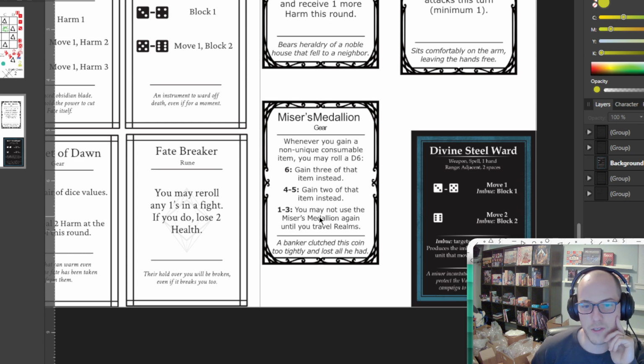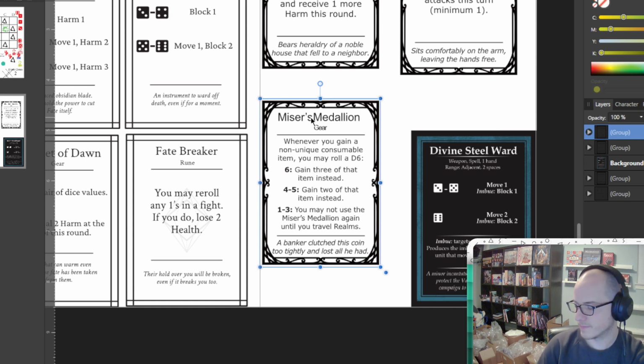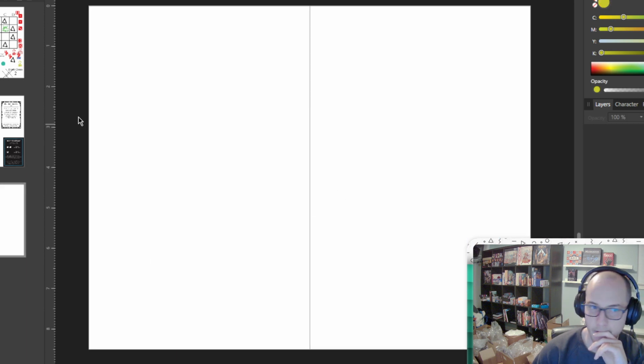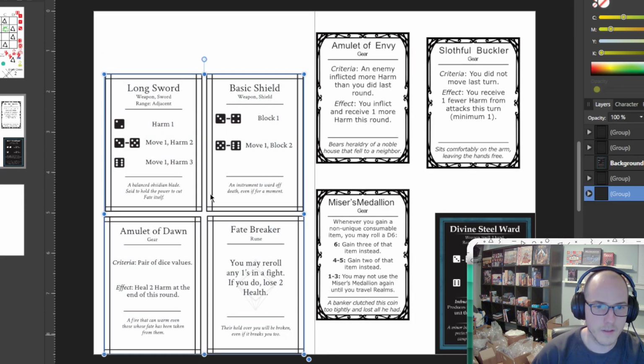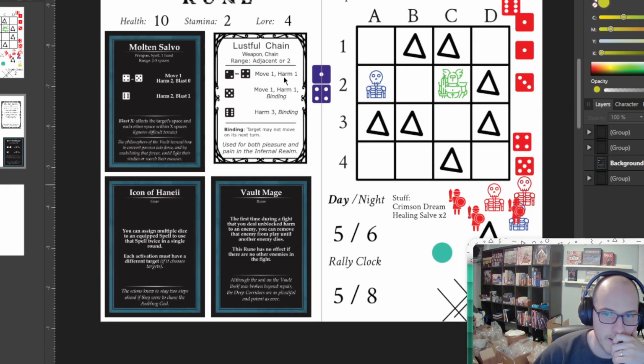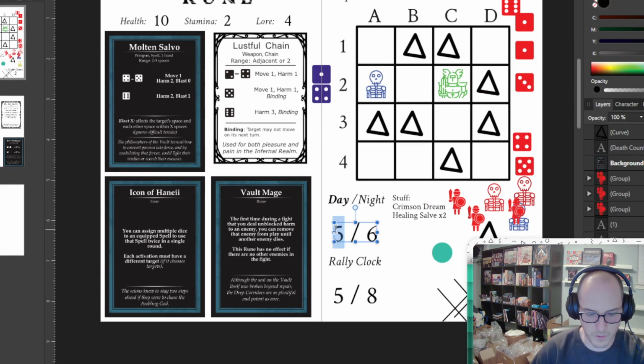A banker clutched this coin too tightly and lost all he had. This is a really good piece of gear. It's interesting that it doesn't affect combat at all, but it could be really to your advantage, like I could get a lot of rations and other things like that if you had this. I'm not going to use it because I like the gear that I have, but I think it's a really cool piece of gear. I'm going to move all of this. So I could just keep my collection here. That's really cool. Okay, so it turns to night